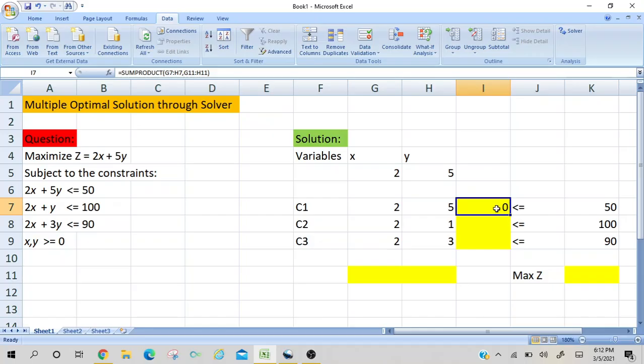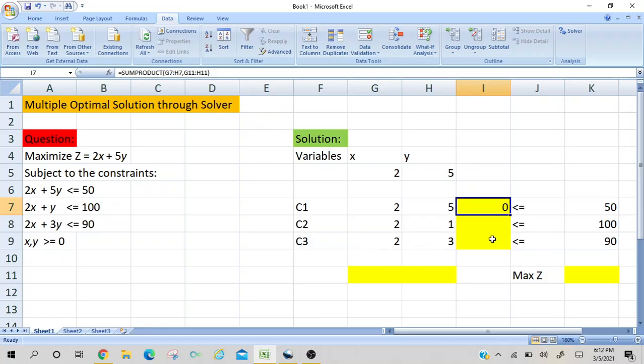Now what is required here? I need to copy the same formula into our I8 and I9 cells, but before that I can freeze some cells. As you can see, corresponding to the x and y variables, or the G and H columns as per Excel, these entries are in the G and H columns only, and just the row is varying.